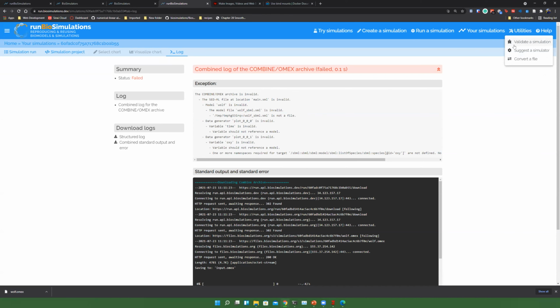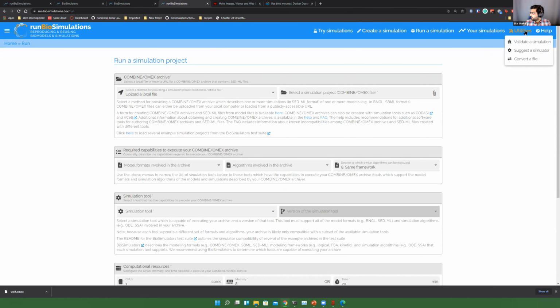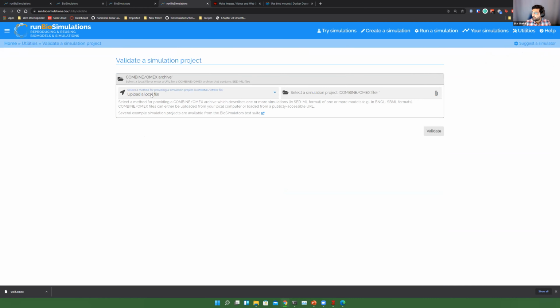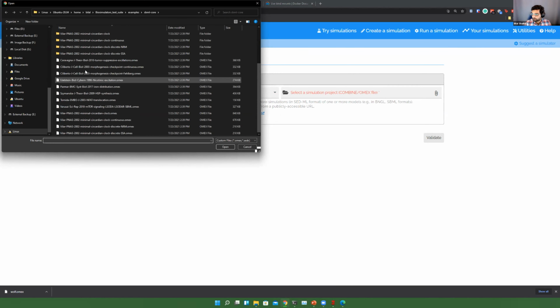Right. So we actually have a utility function here where we can do this without having to run a simulation. We can either upload a file or point it to a URL and get this sort of information about a particular OMEX archive. In this case, we already saw what the errors look like.